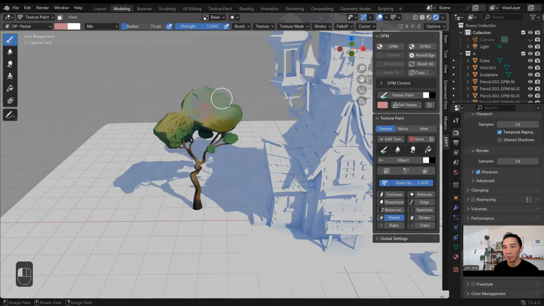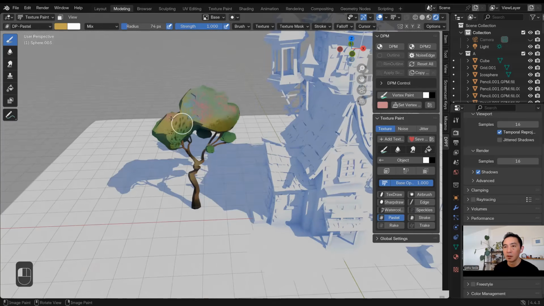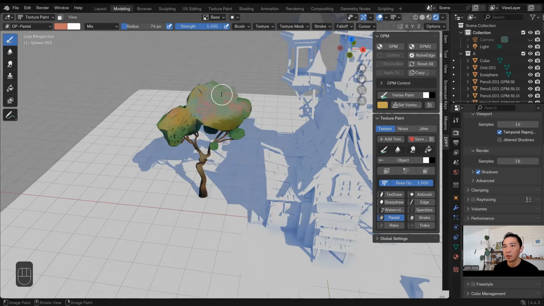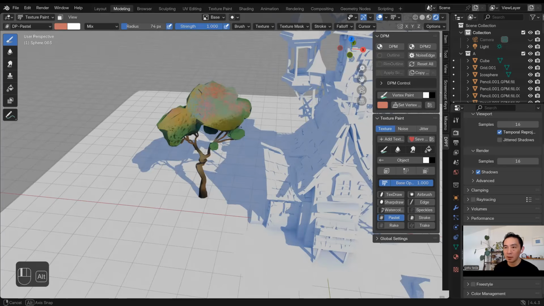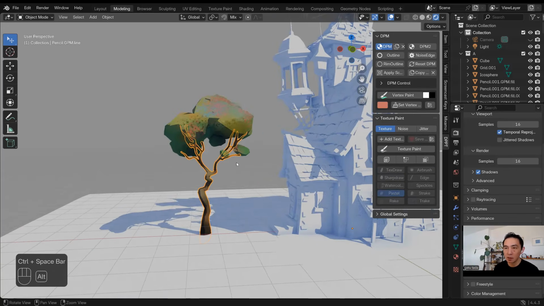Take a bit of time to paint the color. You should have a good reference, but I don't have one at the moment. I'm just randomly painting, but once you like it, just save it, right? Do the trunk as well.